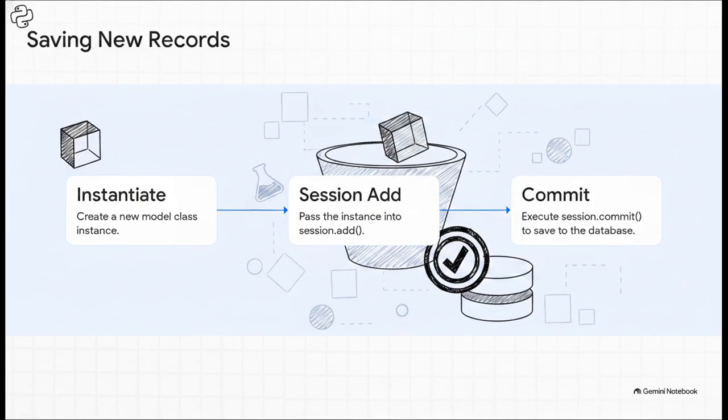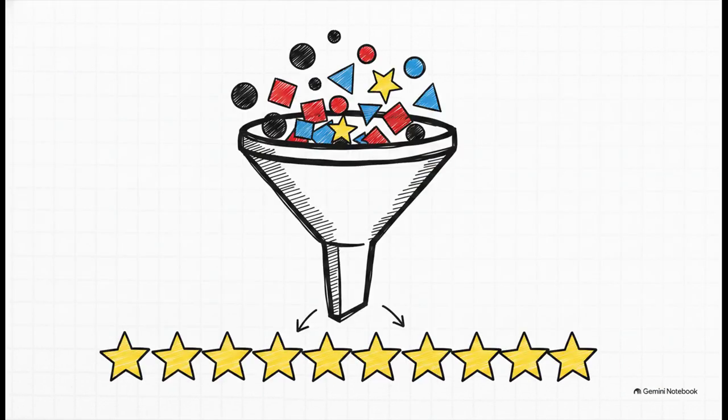That commit is what permanently saves that record into your actual database. Create, add, save. Easy. Now, what about when you want to get that data back? Querying. For this, you use session.query, pass in your model class, and then just chain on filtering methods like .filter